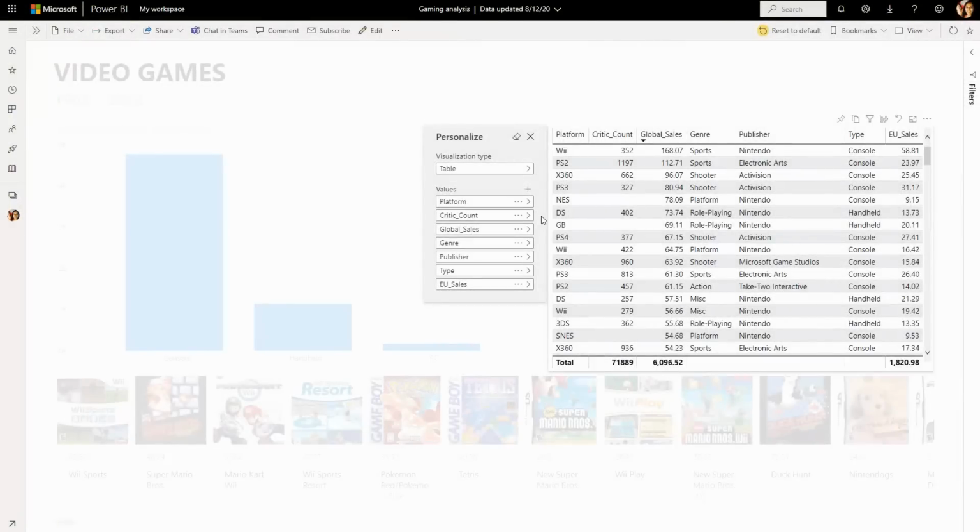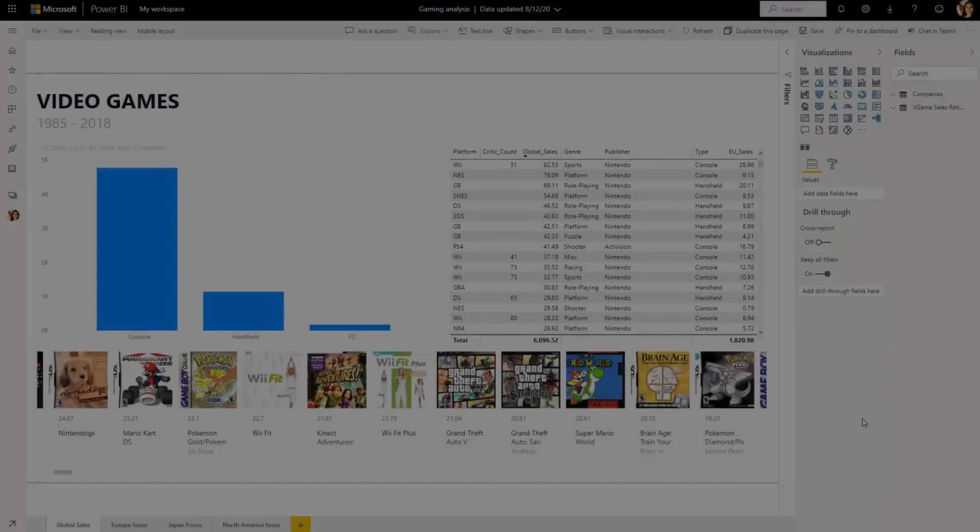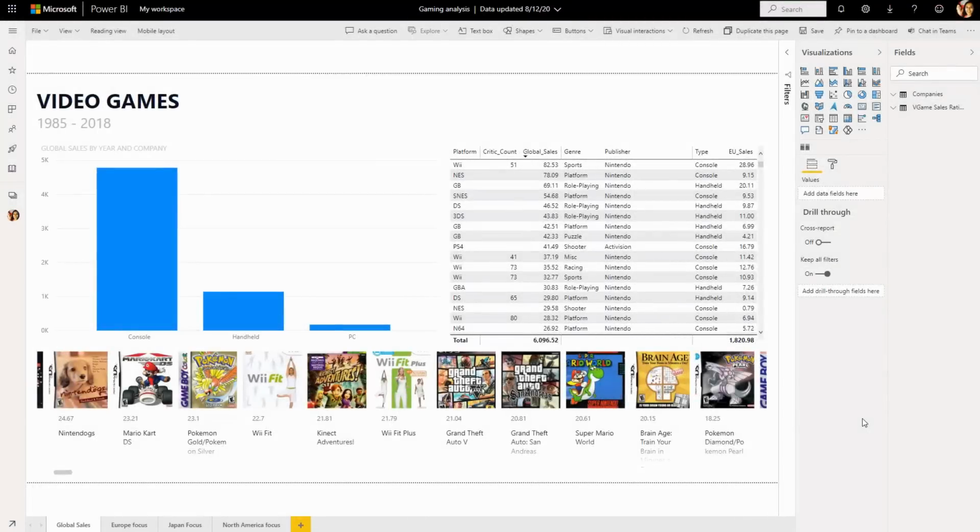We've also added the ability for end users to change the default aggregation to Don't Summarize. For example, in this table visual, you do not want to aggregate a certain column, but instead you want to see the raw values, so you can switch that to Don't Summarize. The last usability improvement we added is for report creators. Previously, report creators could turn this feature on or off either at a report or visual level. Now we've added the ability to turn on or off this capability for all the visuals on a given page. You'll find this new option in the page settings.